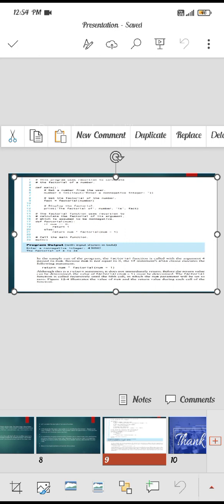In the sample of the given program, the factorial function is called with the argument 4 passed to num. Return num times factorial(num minus 1). Although this is a return statement, it does not immediately return. Before the return value can be determined, the value of factorial(num minus 1) must be determined. The factorial function is called recursively until the fifth call, in which num will be set to 0. It illustrates the